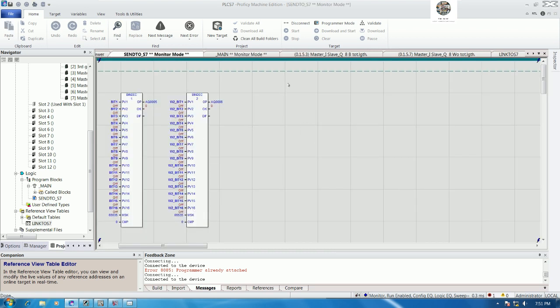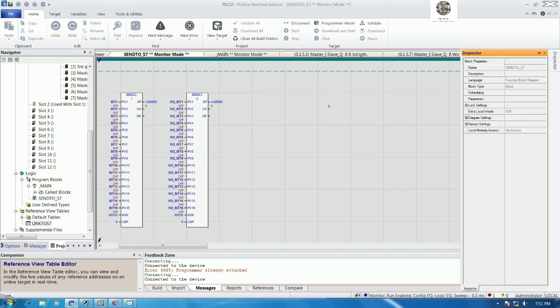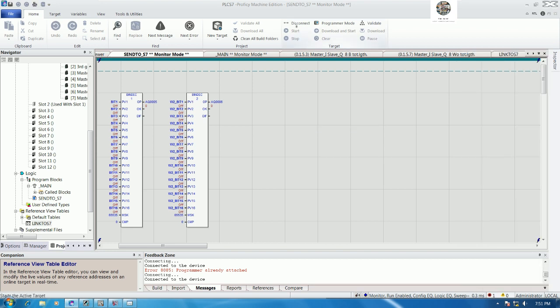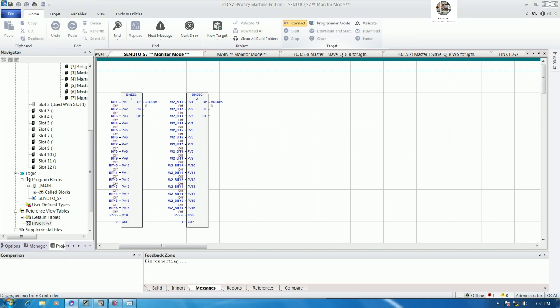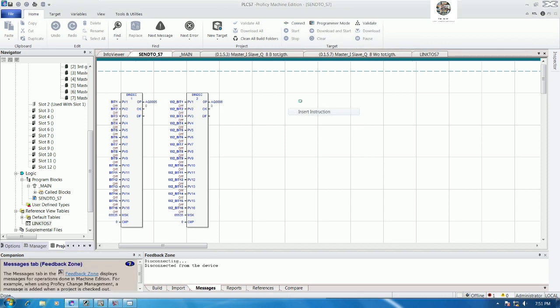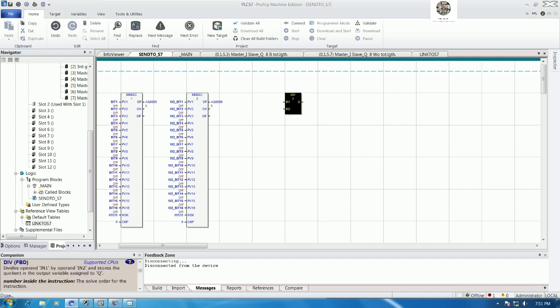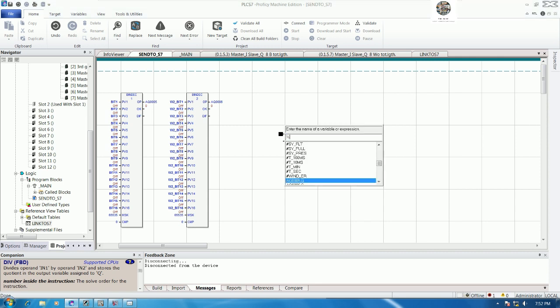So we can write divide real, right? Example, percent AI22